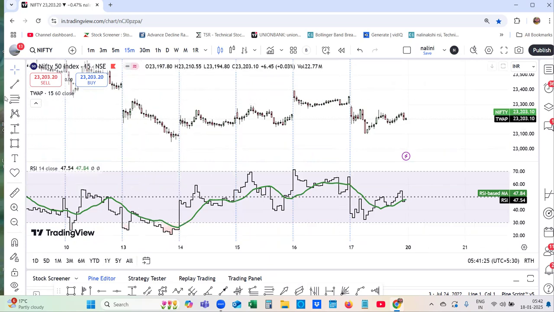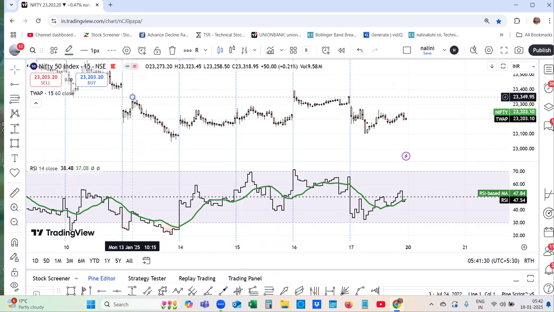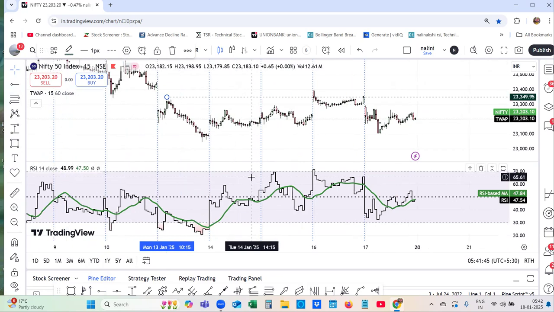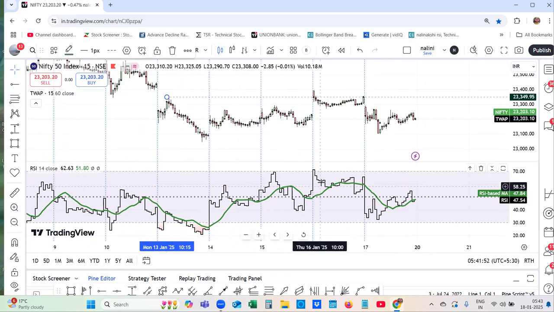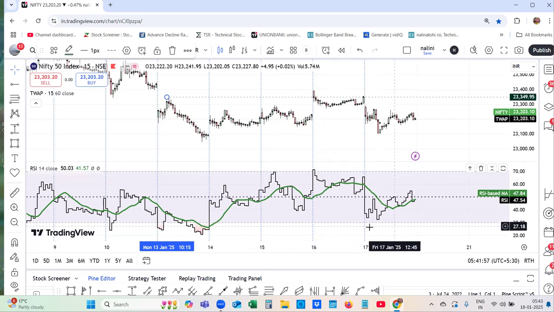This was Monday. You can see there was an oversold RSI. From that, RSI became overbought, went into that 70 here. You are not getting any pattern over here. And RSI made a higher high and it started coming down. You can see over here,